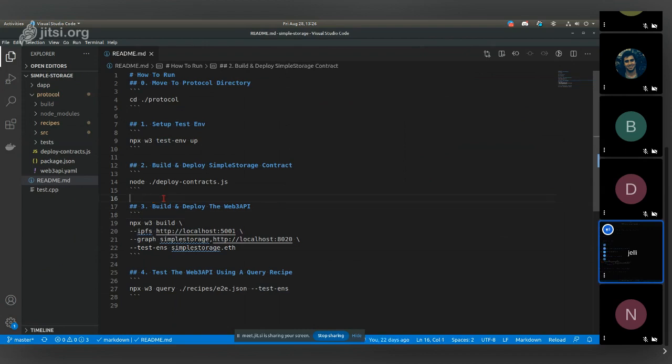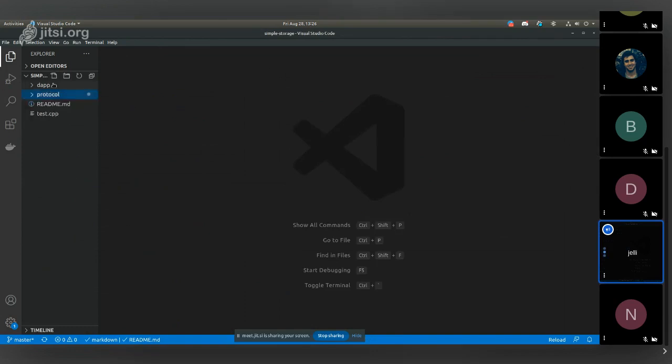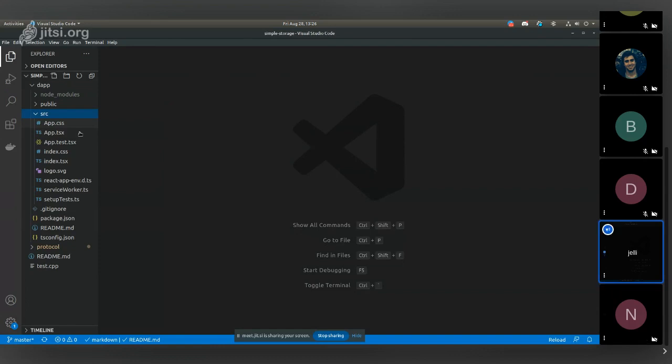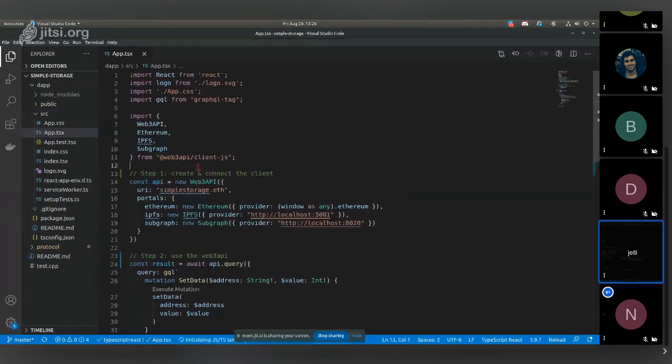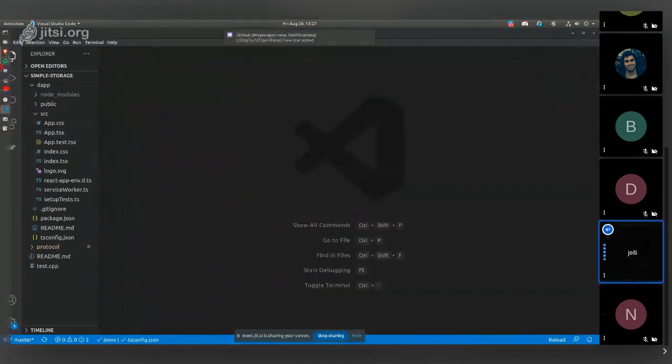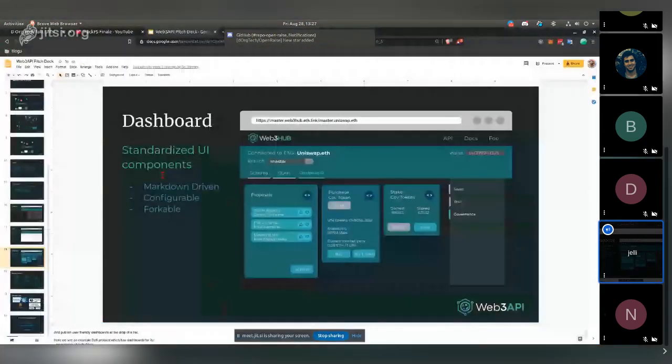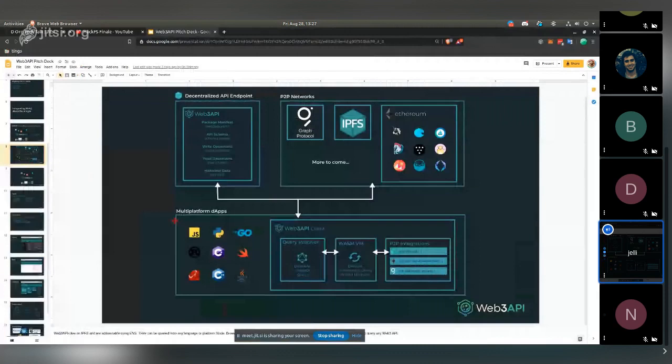Does that kind of make sense from the user perspective, as the protocol developer and then also the dApp developer? Yeah, so the runtimes are local. Yes, I gotcha. That is genius. Yeah, and if we go back to this architecture diagram, it may make a bit more sense. Basically, here